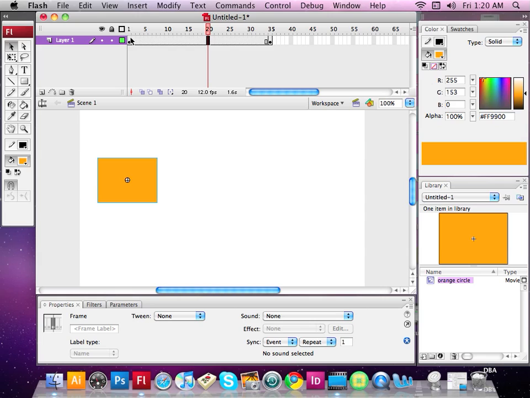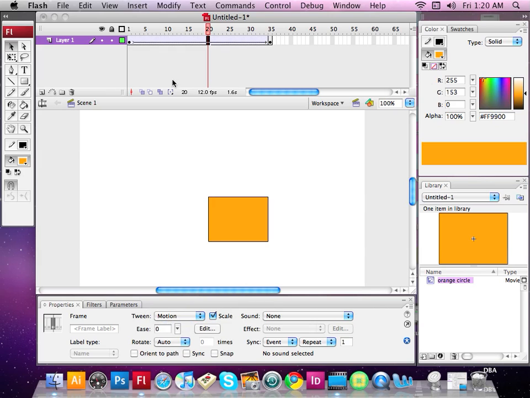So I'm going to select anywhere in between there, and now I'm going to drop down to my Properties panel. I'm going to look at the tween. It is selected on None, and we're going to select this blue button here and select a Motion Tween. And you can now see that there is a soft blue bar through these frames that we have. And you'll also see a nice long black line that is not broken or in little dashes, and it has a nice little arrow on it. And now we can take our playhead